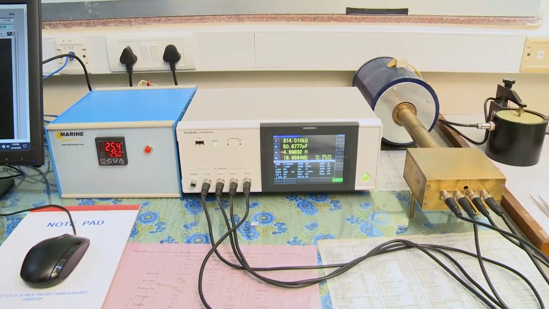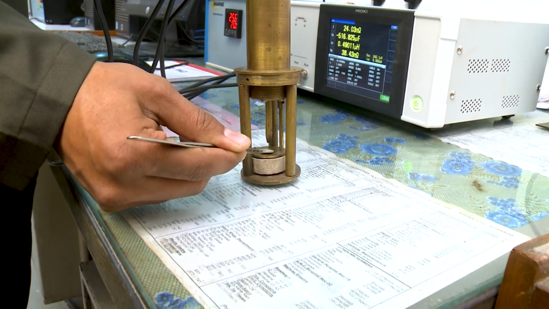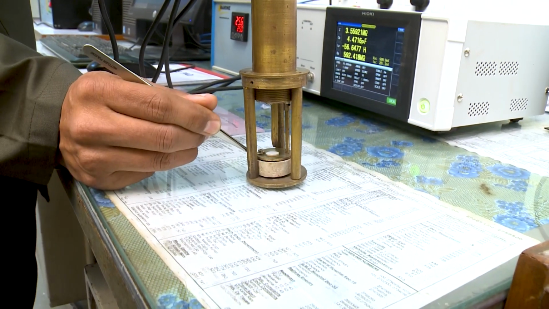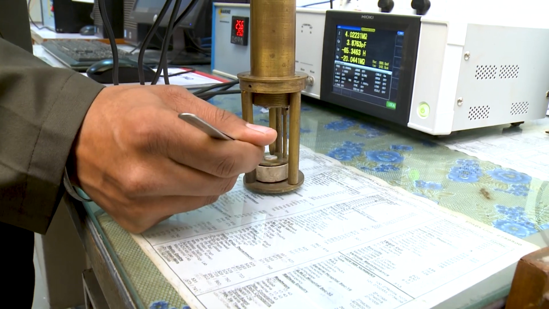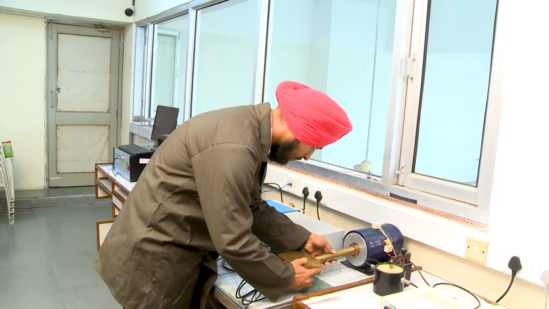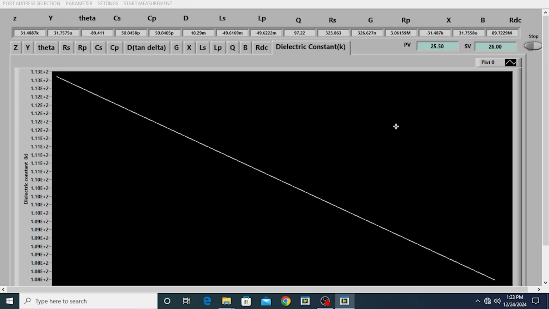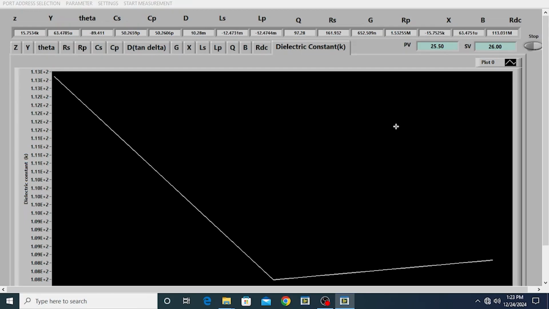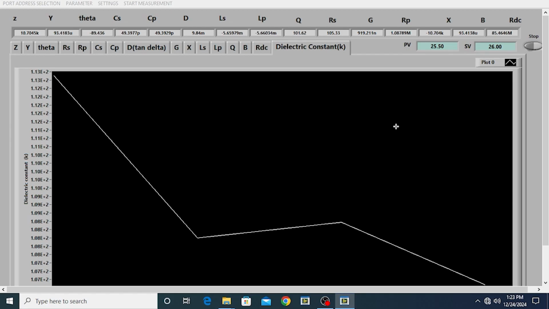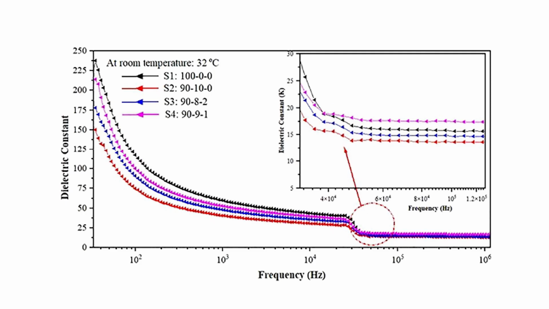So basically what I need is a small sample. Normally we make a disc-type sample, let us say 10 mm diameter, 1 to 2 mm thickness, and on both sides of the disc I attach a silver coating, then apply a voltage across this system and see the effect of temperature in this range. I get a plot for the dielectric behavior of that material, right? So once I have data for the frequency in megahertz,